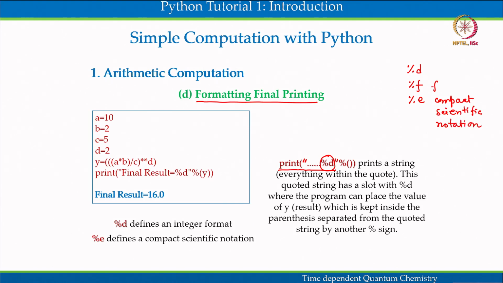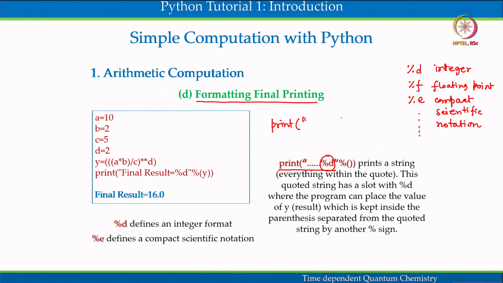This is floating point, and this is for integer. There are many other options which can be navigated in python.org, the website I mentioned in the beginning of this tutorial, and one can check what options are available. So the basic idea is that within print